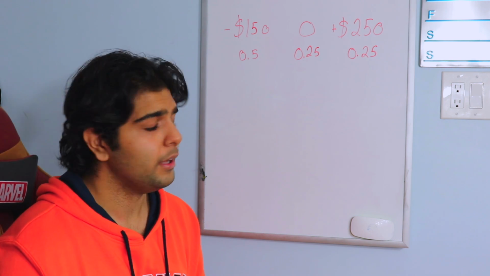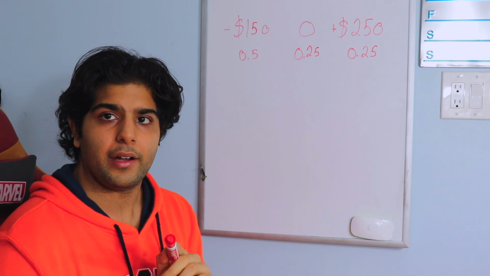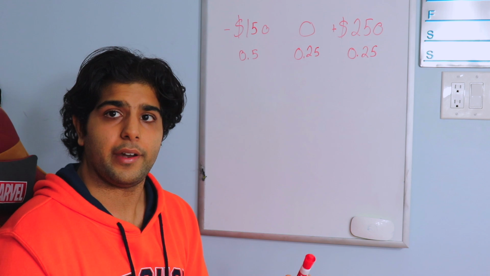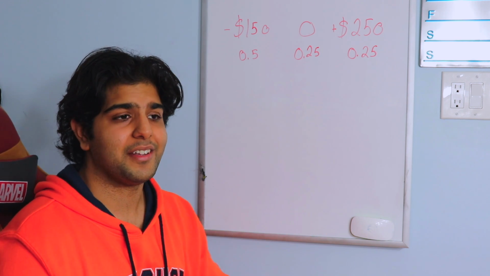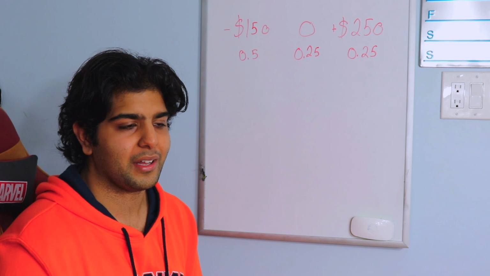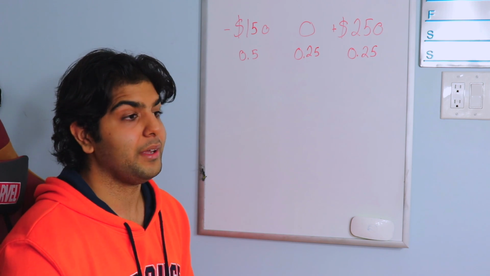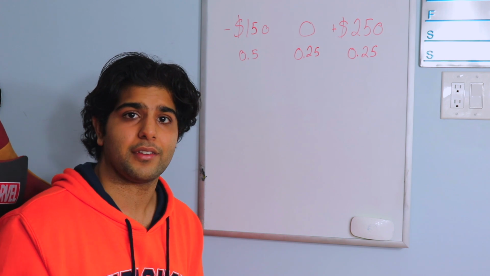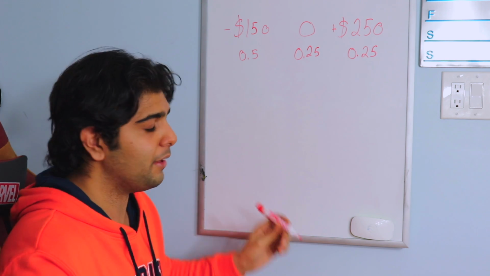Alright, so like I did in the expected value video, where I used a fair die, this isn't a fair die. This doesn't have equal probability, and it doesn't have equal values that are very easy to figure out. But we can find the expected value of this according to the probabilities and the values.